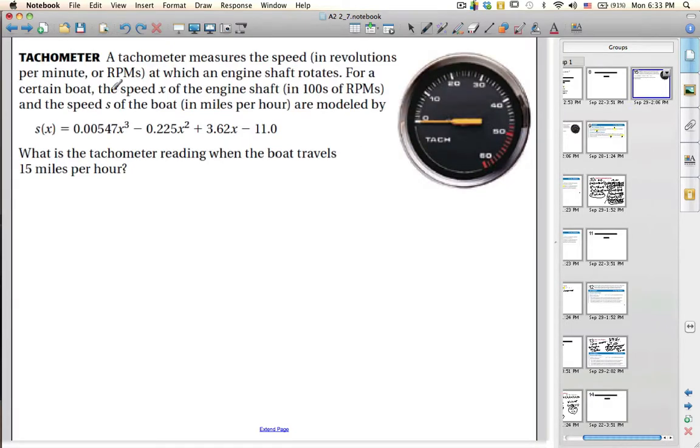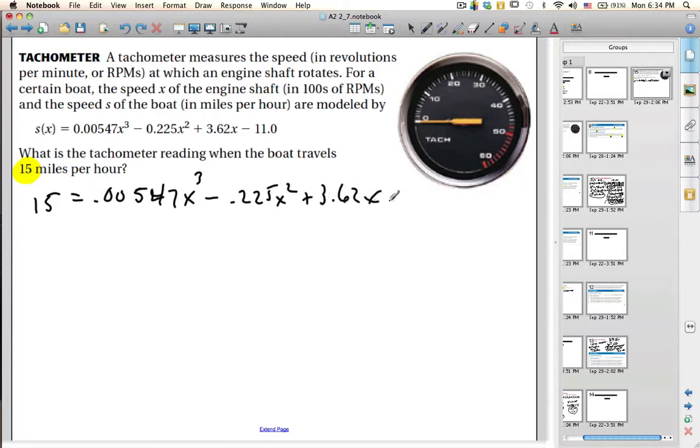So here we have our problem about the tachometer. The key element here is they want to know what is the tachometer when the boat reaches 15 miles an hour. So 15 is my speed. So 15 is going to be equal to 0.00547x cubed minus 0.225x squared plus 3.62x minus 11. And to solve this, I want to set it to be equal to 0, so I'm going to have